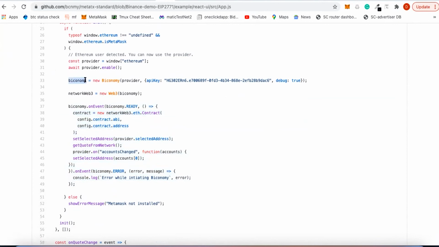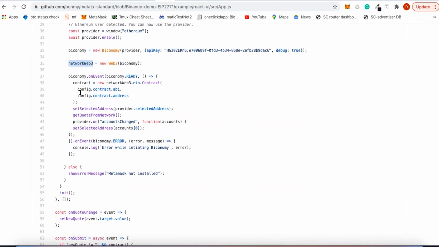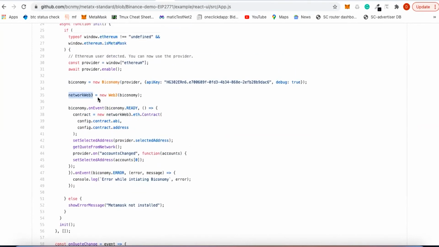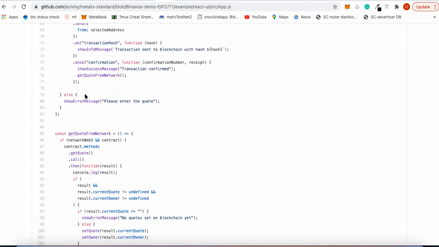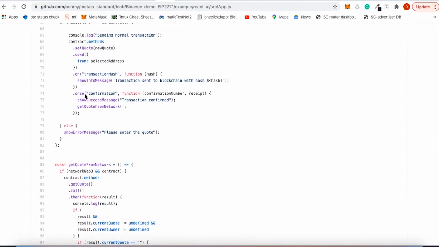Just pass this Biconomy object in Web3 and that's it. Now you can use this Web3 object whatever way you were already using it. I believe your front end is ready and everything is ready. Nothing you have to change. In normal cases you pass this provider object inside of this, right? But now in this case, just create a Biconomy object and pass it to this object, and whatever you have written already will be intercepted by the SDK and everything will work fine.